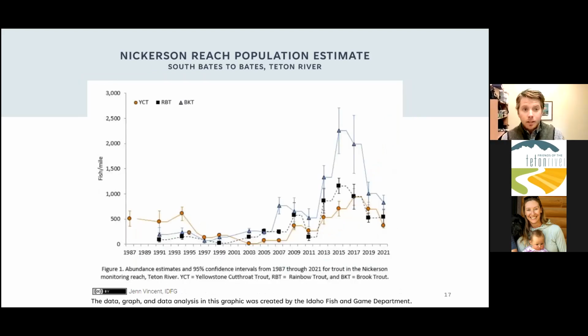We're going to move upstream to the Nickerson Reach of the Teton River. This is between South Bates and Bates Bridges, a really popular section of river for folks to fish on and to recreate on. And this is kind of our bellwether of how the fisheries population is doing in the Upper Teton River. It's the Idaho Fish and Game site in the Teton River Valley that historically has had the most abundant Yellowstone cutthroat trout and some of the most abundant total fish numbers. So we really monitor this site closely and really pay attention to what the fish population is doing at this